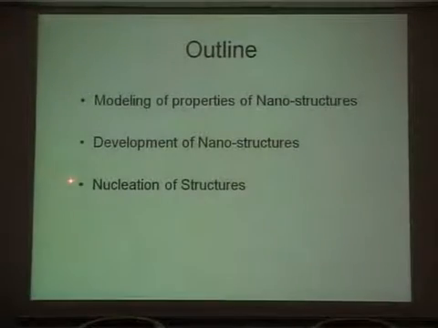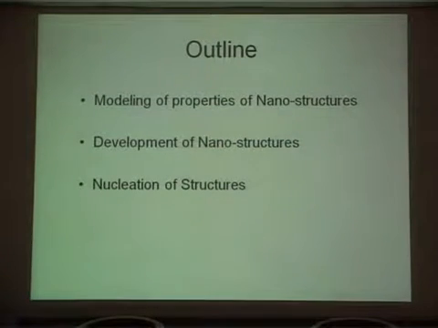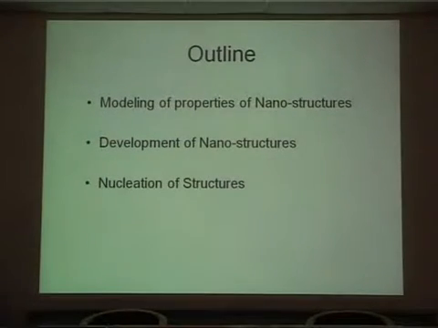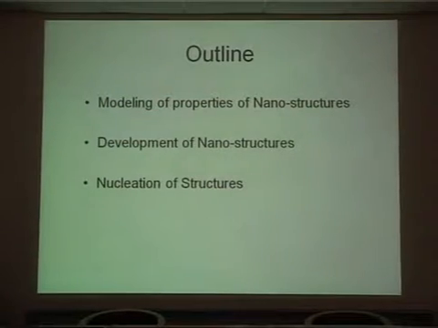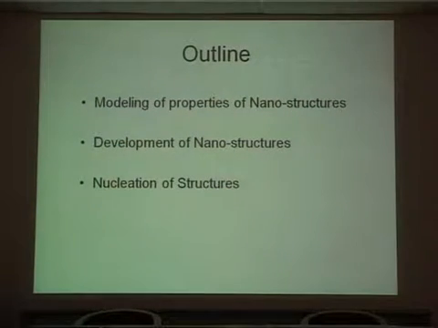Then I will show you the nucleation of the structures. Some researchers all over the world claim that the nucleation takes place at random places. But some of the postulates that I have claimed, and I will prove to some extent, show that it is not random, it is happening at definite places. Let us see how I am proceeding.